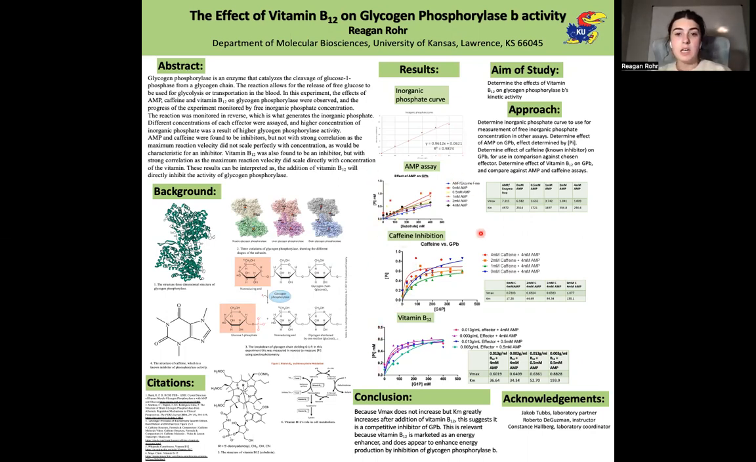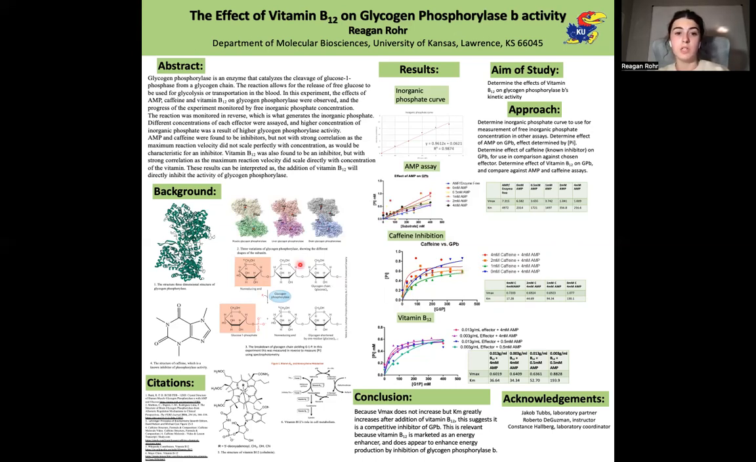AMP is an inhibitor, or at least it was known and found to be an inhibitor in the assay I conducted. As you increase the concentration of AMP, it decreases the concentration of free phosphate released. The same is true for caffeine. As you increase the concentration of caffeine, it decreases the concentration of phosphate that the phosphorylase enzyme is cleaving from the